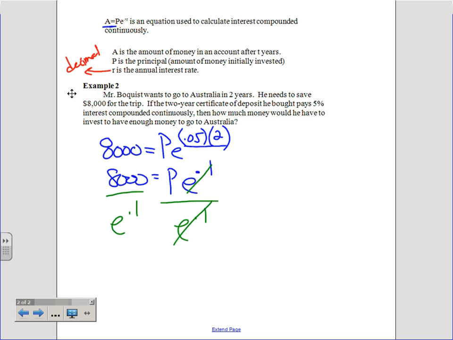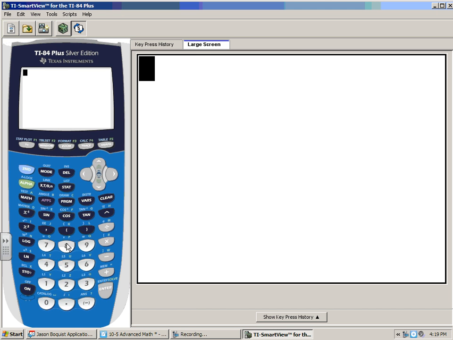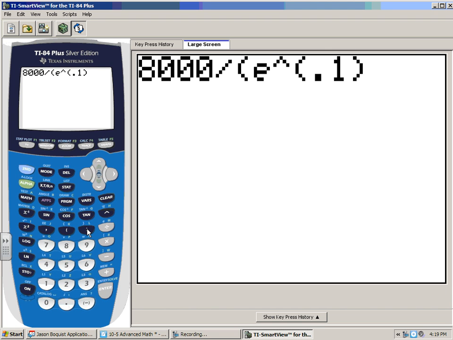Now, you've got to be a little careful when you type that in to make sure nothing weird happens. Let's go ahead and try that and see what we come up with. So we've got 8,000 divided by, and I would probably put parentheses on that if I were you, like this. And e, remember, is anti-natural log, really. Then 0.1, close off that parenthesis, and then we do another one to close off the bottom e part. And we get